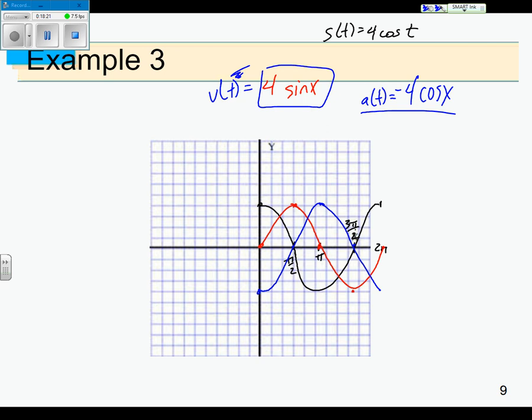So what do we notice? Just pretty much anything you can notice will be fine. Look at my red though. Right here, the object's going to be moving at its fastest, within the first 6.28 seconds. So right here, this red line is my velocity. My velocity is the highest right here on this hill. So at its fastest,